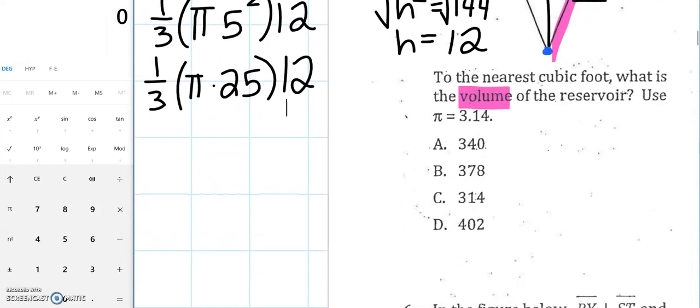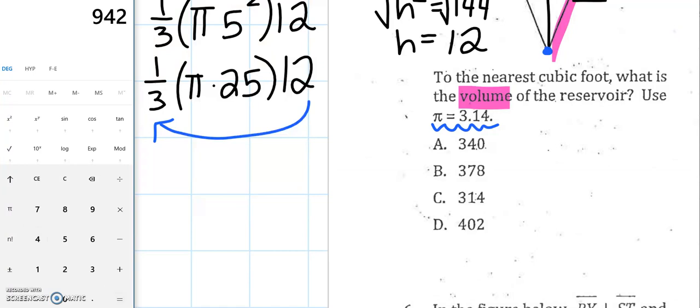Now be careful, in these problems in your packet, they're asking you to use 3.14 instead of the pi symbol. On the EOC, unless they specify, you're going to use the pi symbol, and you're going to get an exact answer. You're not going to use 3.14. But here it specifies to use 3.14. So let's get started. In the calculator, I'm going to start going backwards. I'm going to start from the 12, and I'm going to work my way back. So 12 times 25 times